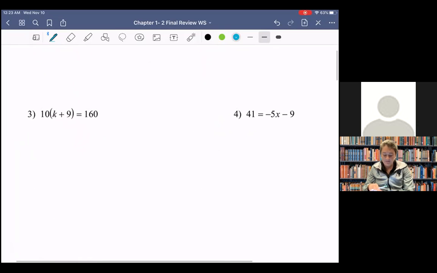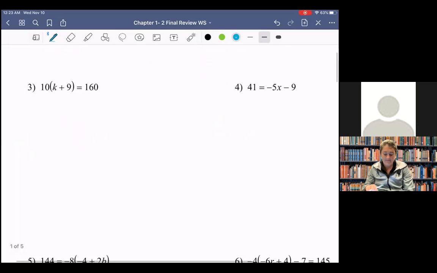Okay, here we go. Numbers 3 and 4. So we have 10, and then in parentheses, k plus 9 equals 160. So remember when we have those parentheses, it's like we have 10 bowls or like 10 bags, and each bag has a k and a 9. And so we have 10 of these bags. So when we unpack everything, we actually have 10 k's, and we have 10 things of 9, which is plus 90. So that's multiplying on each one of those. That equals 160. So we have gotten rid of our parentheses because we distributed the 10 through,